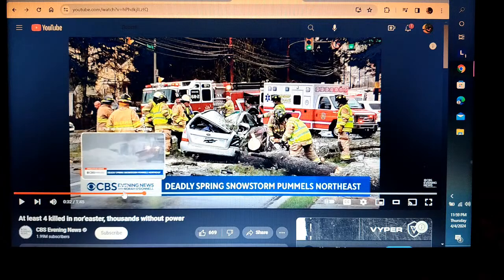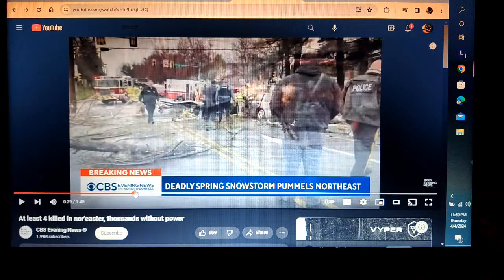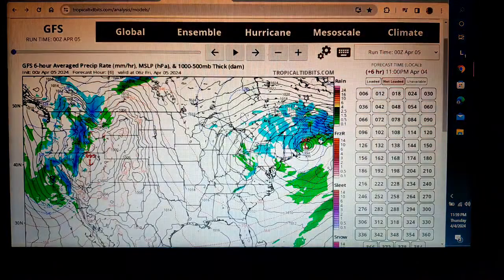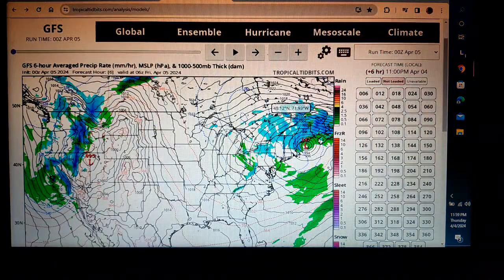These people really risk it when they go out in these conditions. That's what all this warning is about, so people don't die and lose their lives. Look at the street. It's just littered with branches and stuff because of the storm. All right, and that's why it's important that we talk about this stuff in advance a little bit, because the